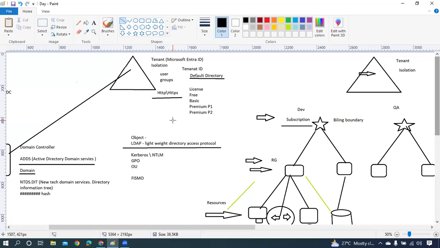The reason it is not the same is that on-premises, the domain controller is responsible for centralized control of the users as well as the resources, which is not the case on the cloud. In the cloud, your tenant is responsible for managing the users. On the other hand, your resources are managed as subscriptions separately. So you can't control everything from the tenant. You can go to the resource and then you need to assign that kind of role. That is the reason we have RBAC. You got the point? Okay. It's not an apples-to-apples